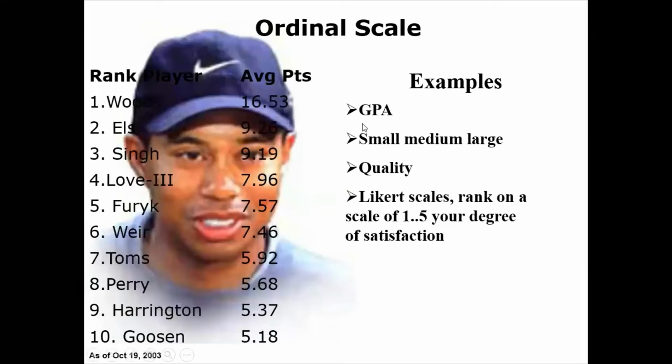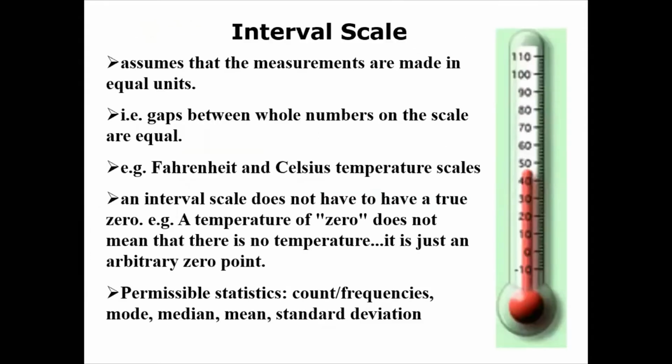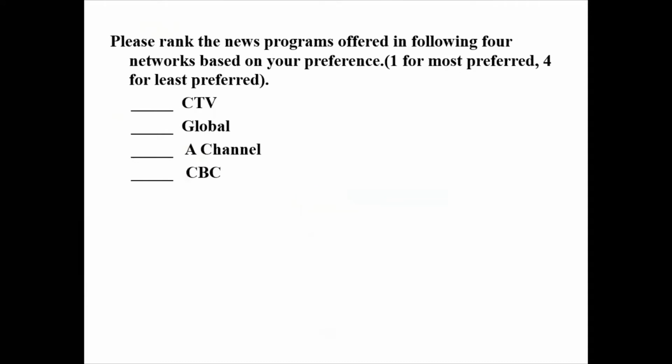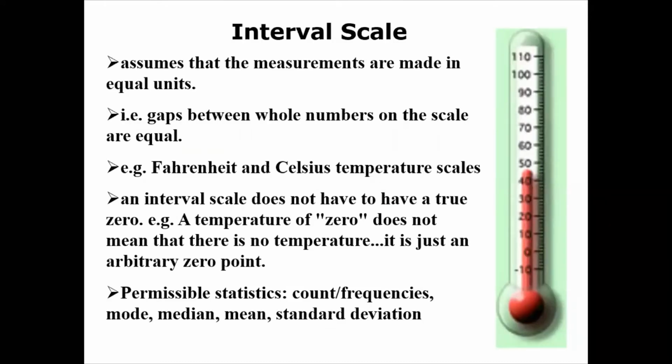Okay, the ordinal scale is used when we are giving an order or a rank to a particular event or person. That rank may be given based on their average points or based on some scores, or you can give it by giving an option like small, medium, and large. Or there are some rating scales used for giving ranks or order. So this is one example for ordinal scale. Next one is interval scale.